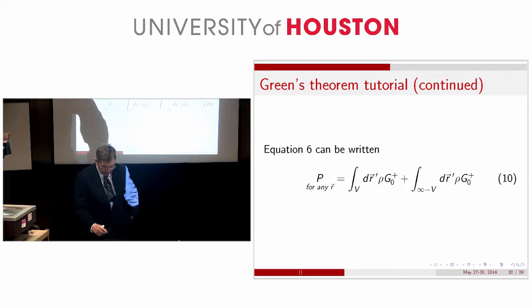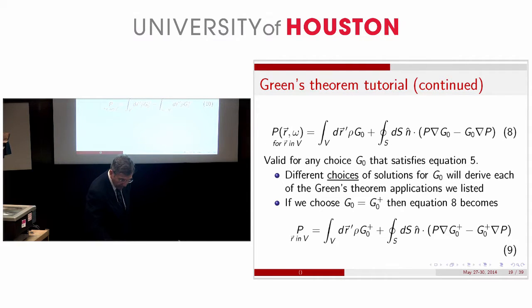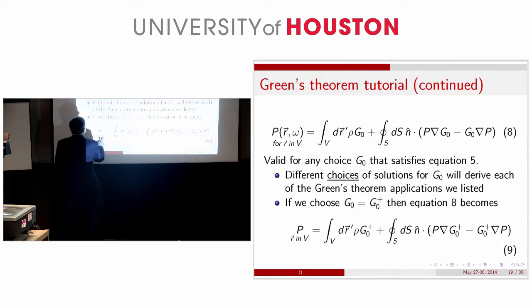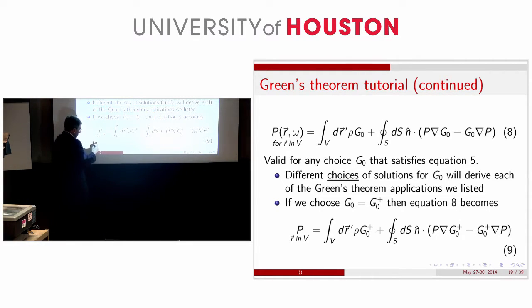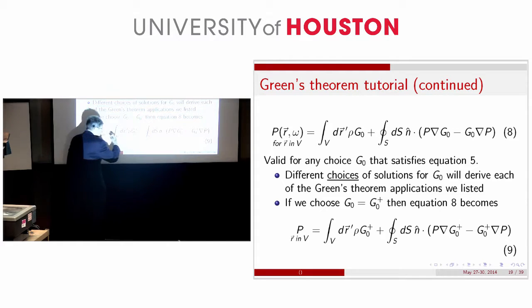In the previous slide, you had an expression for the field only in the volume. Why only in the volume? Because when you substitute, there's a delta, and it asks, is R in the volume? If R is in the volume, this plus this gives you P. If R is out of the volume, this plus this gives you 0. So for R in the volume, by the way, this will be important for migration theory, still any G0 will